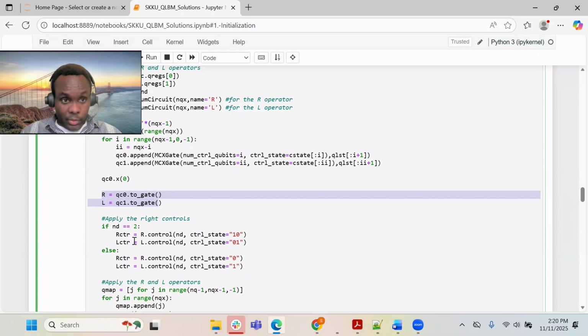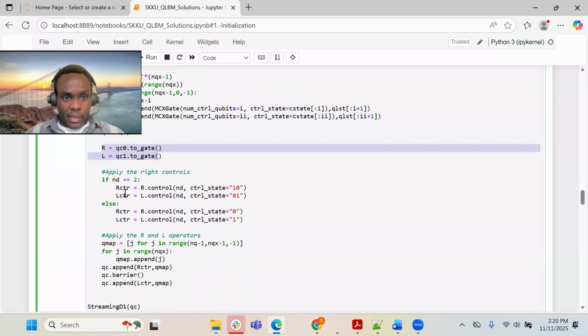Remember, these operators must be controlled on the qubits in the D register. In our case, the number of qubits in the D register is 2. So like I said before, for right, the control state is 1 0. The control state for left is 0 1. Okay, so you can see here. Now, once you get the control